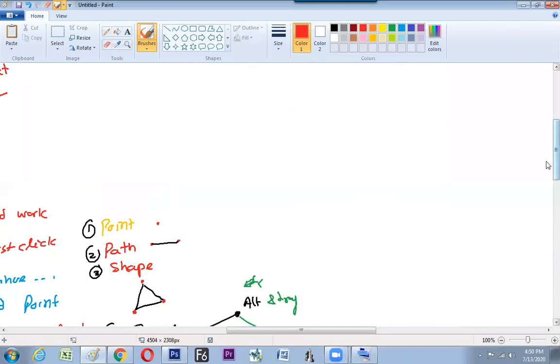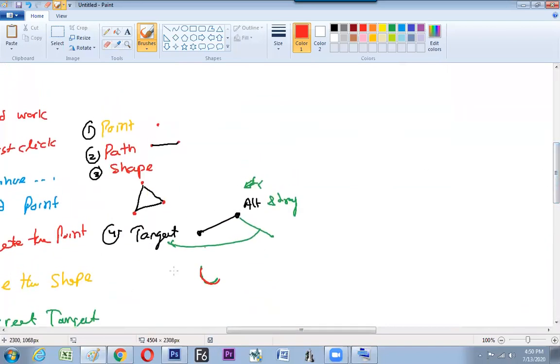Tangent is of two types. From a single point, there are two tangents: one is the inner tangent, another is the outer tangent. A tangent has a point on the edge that is called the head of the tangent. This is the in tangent, this is the out tangent. In controls the inner curve, out controls the outer curve. The tangent can be held on the head of the tangent. So we know the description of the tangents.